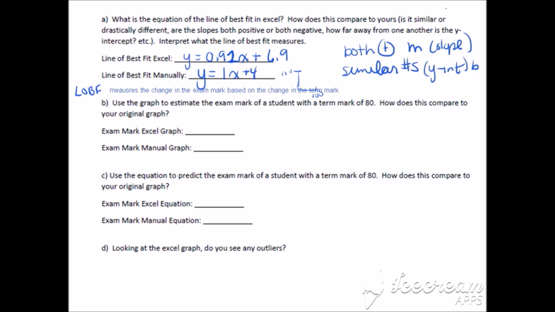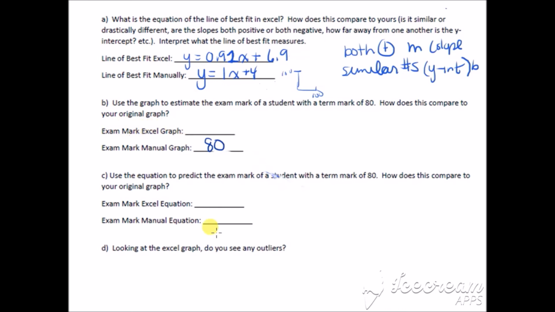Now, use the graph to estimate the exam mark of a student with the term mark of 80. How does this compare? So what two answers did we get? I believe for the Excel graph we got, oh, and then manual. Okay, so for the manual graph, we got 80. So if I can recall, the manual graph, I believe we got 80. It was 80 or 81. And then the